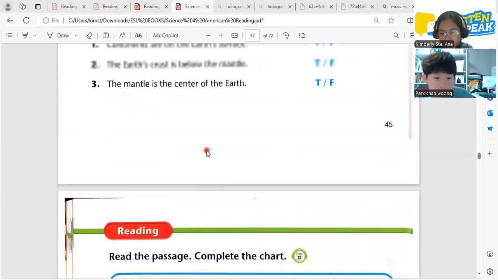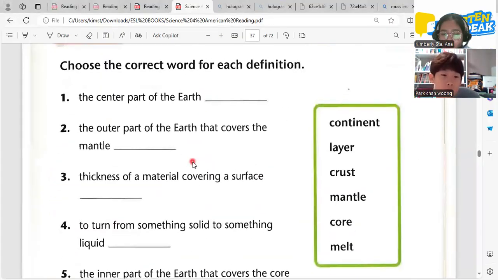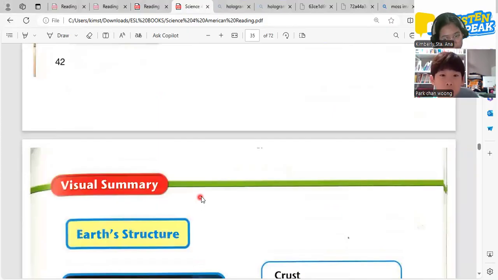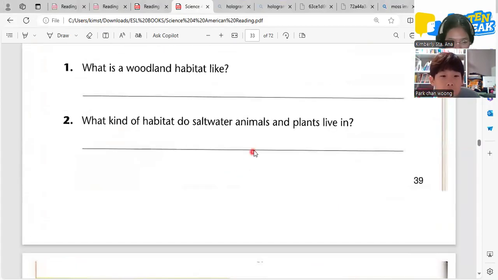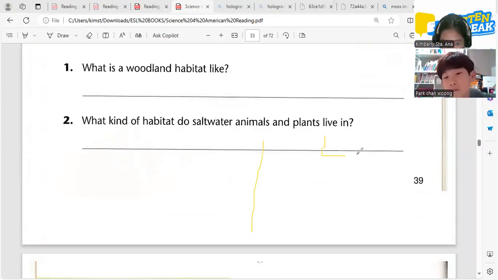Before we go, I want you to have a very quick review of our lesson. I will ask random questions, okay? If you answer the question, you'll get the point. If you can't answer the question, I'll get the point. So this is Evan and this is teacher. So let's start. First question: can you give me an animal that lives in fresh water?